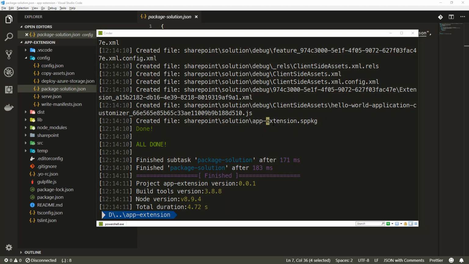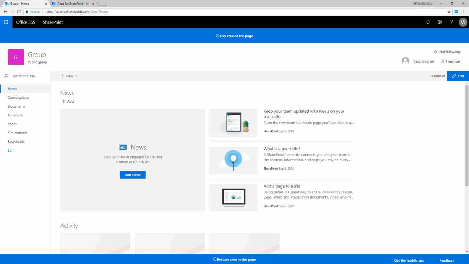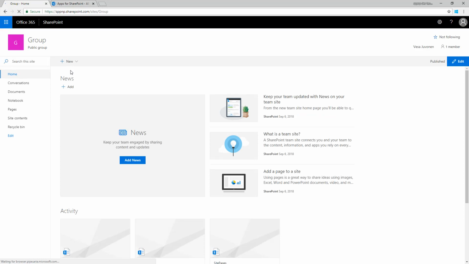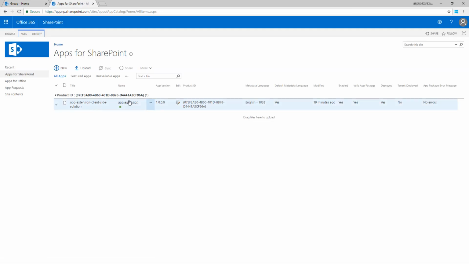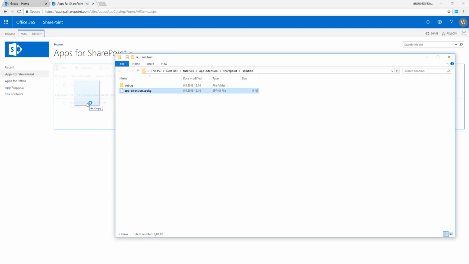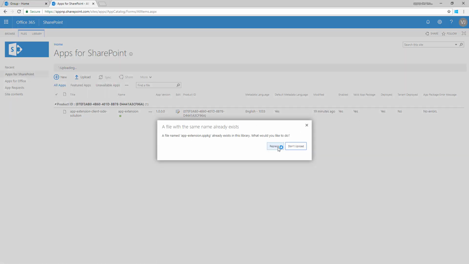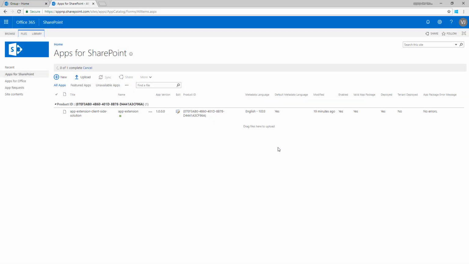So let's actually update that solution now in our app catalog. So right now, if I do a refresh, we can see that the placeholders are not running, and that's because the local host is not running. So now if we go to the app catalog, we can see that here we have the solution available. That was the solution which we previously deployed, which was pointing still to the local host. Let's go to the solution folder, updated solution, drag and drop that solution in, update the SPPKG file, replace,